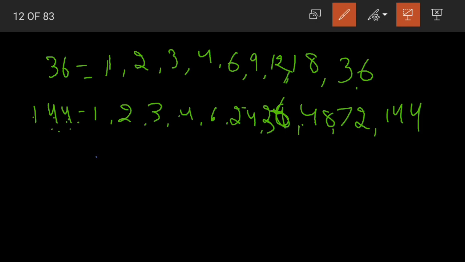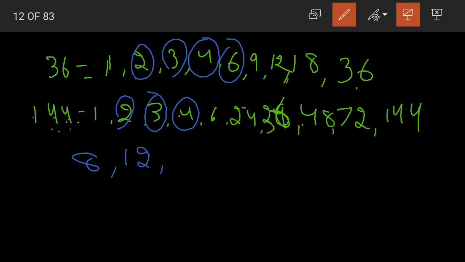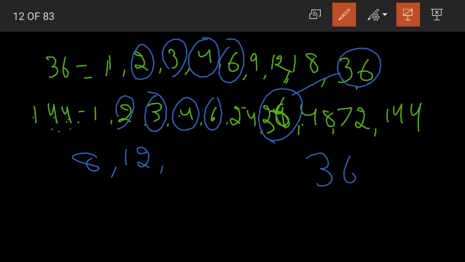But if you observe carefully, we need not find out the other factors. Why? Yes, it comes in the 8th table. It also comes in the 12th table. But here, we need not find the remaining factors. Why? See, the common factors that we got till now are 2, 3, 4, 6 and 36. Now can you say which is the highest common factor from the given? 36 is our highest common factor.